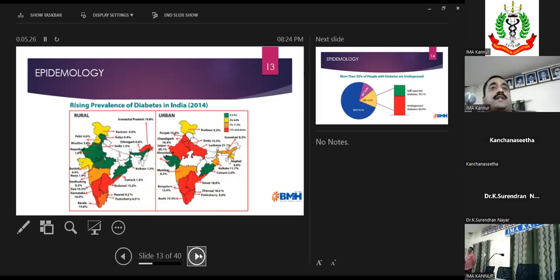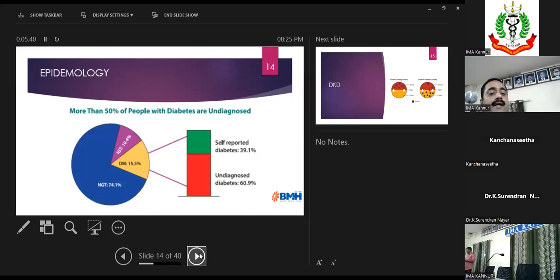Kerala has the maximum number of diabetic patients, where we have a heavy load of patients in Pathanamthitta, due to various reasons, maybe diet and lifestyle. And 50% of the people with diabetes remain undiagnosed. So there is a component of people who don't know that they have diabetes, and by the time we diagnose them, they will have almost every complication mentioned in the list. We do have patients who presented to us with advanced renal failure and who were detected to have type 2 diabetes for the first time when they presented to us.